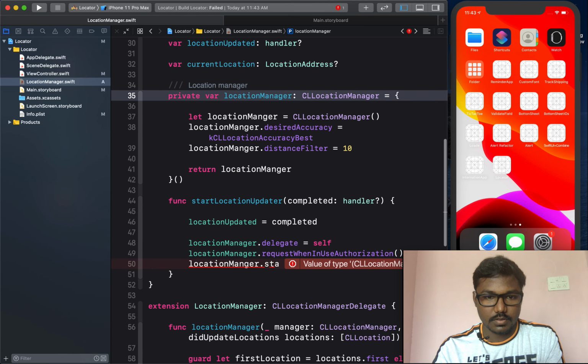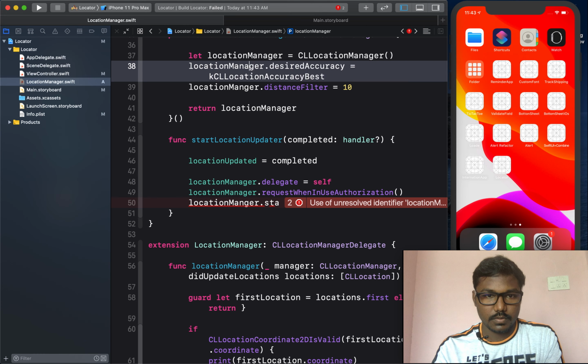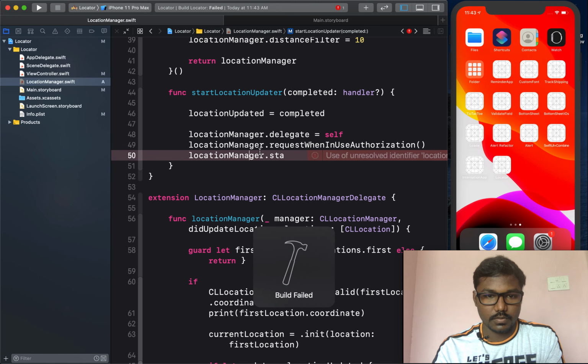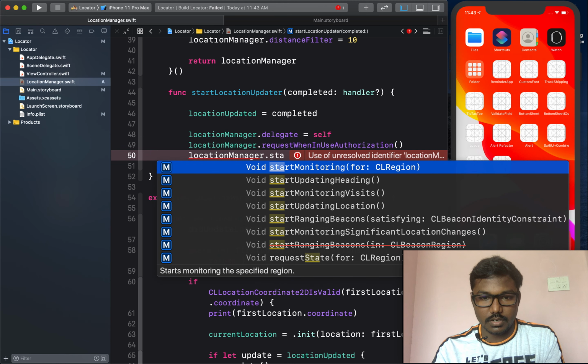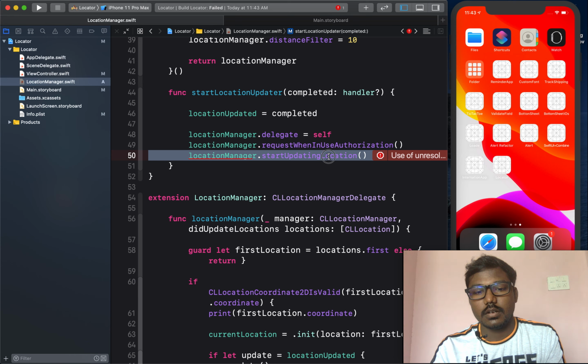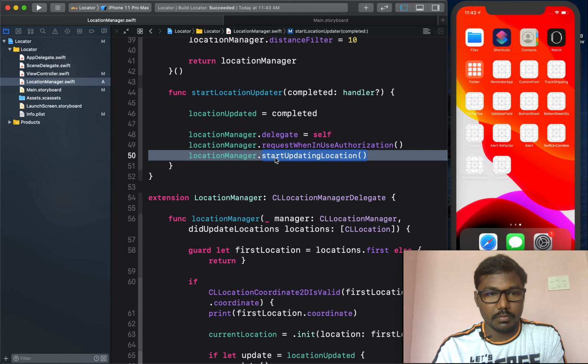Likewise I had missed a value. Then startUpdatingLocation. If we didn't run this function, we can't get our current location, so I implemented this line and I run my project.